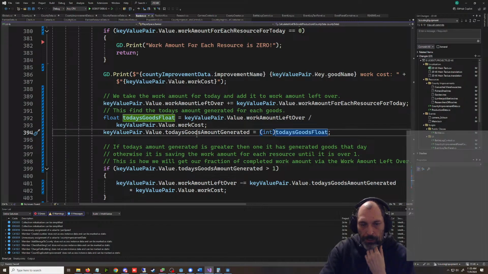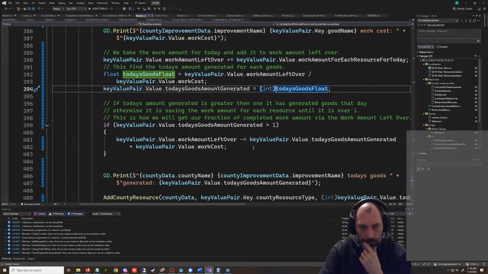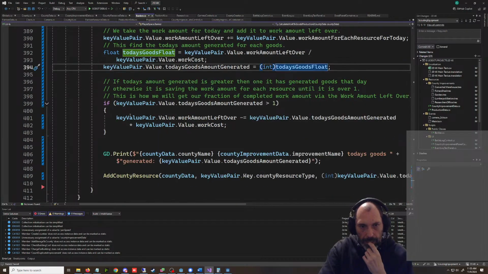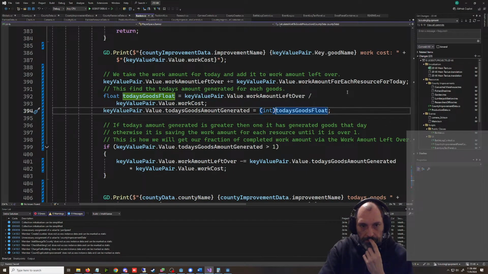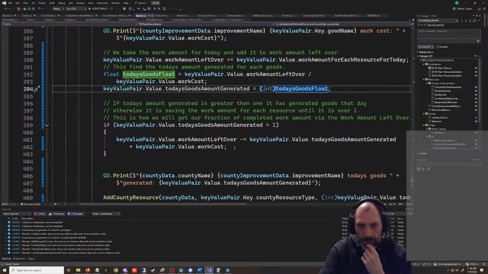And then we have a whole number. And I think if you int a float, you just lose the things beyond the decimal point, which is what we want. And then if we're down to here, if today's goods amount generated is greater than 1, we take the work amount and we subtract today's goods amount generated times the work cost. So the work cost would be,